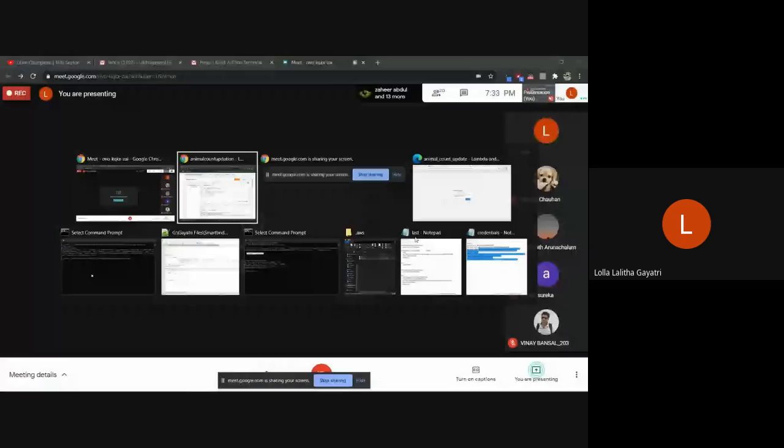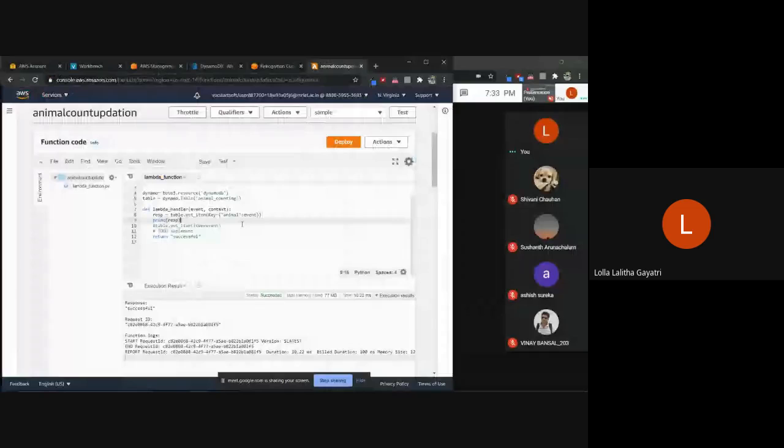Okay, you understood? We are taking the table reference. We are doing get item. So we are getting the item from the table. How are we getting it? We are taking the key as a reference. Which key are we using? We are using animal as the key, and the value for that animal is,